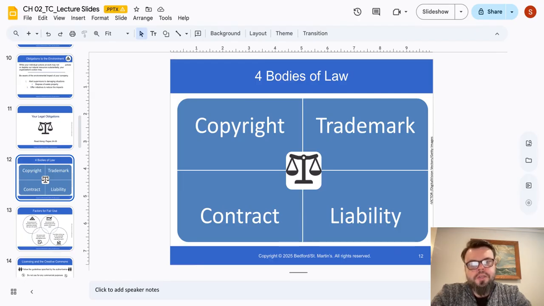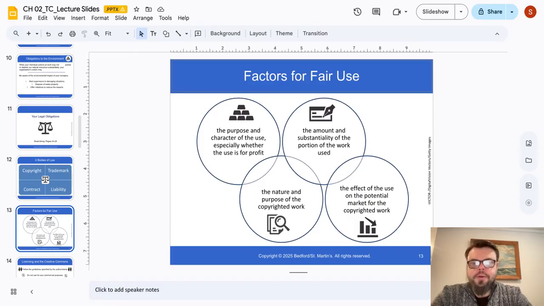So what about situations where people use a small portion of copyrighted work, like quotes for teaching or commentary? That's where fair use comes in. Fair use is one of the most misunderstood parts of copyright law because people want it to be a simple rule, and it isn't. Fair use is based on case-by-case judgment, and courts consider multiple factors. The chapter highlights 4 factors courts typically weigh.